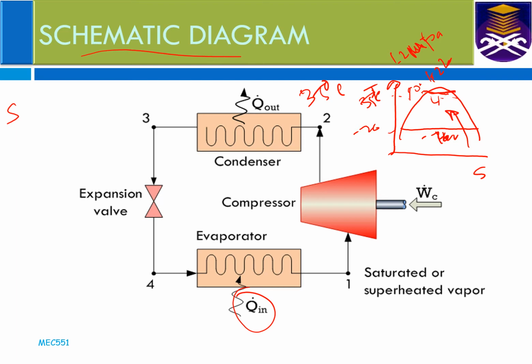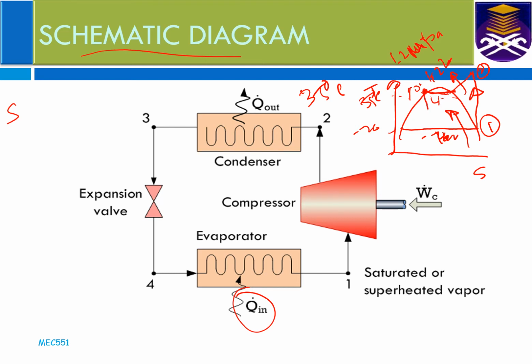So the compressor has to compress the refrigerant from 1 bar to 12 bar. That is process 1 to 2, and then the heat is rejected in the condenser at 40 degrees Celsius to the environment at 35 degrees Celsius,